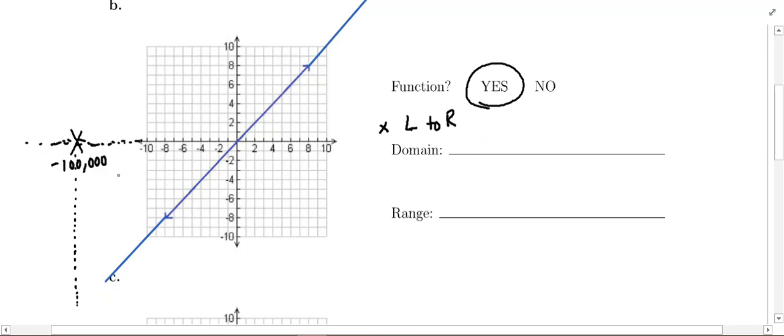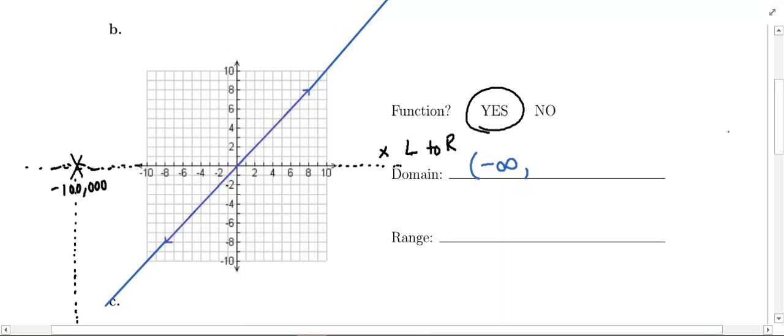So if we're coming from the left, we're going to write down negative infinity, because again, the graph covers the entire negative x-axis. And we need a parentheses on that. If we look to the right, if you're thinking x values, remember we can extend our x-axis here. If you pick a really huge positive x value, pretend this is positive 100,000,